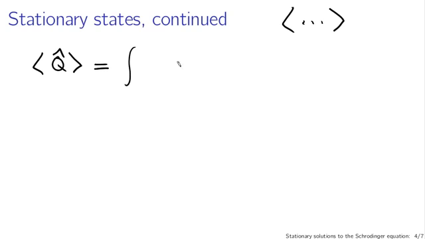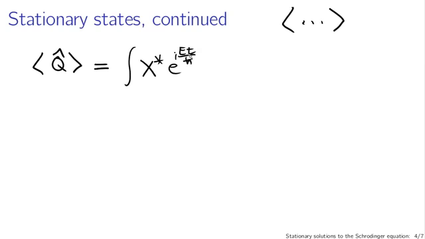So complex conjugate wave function, operator, wave function. Now I'm going to go straight to the wave function as expressed in terms of x and t parts. So complex conjugate of the spatial part times the complex conjugate of the time part, which from the last slide is e to the plus i E